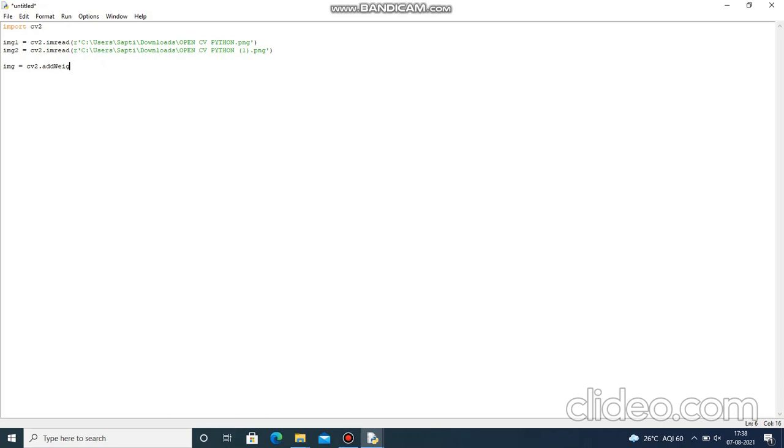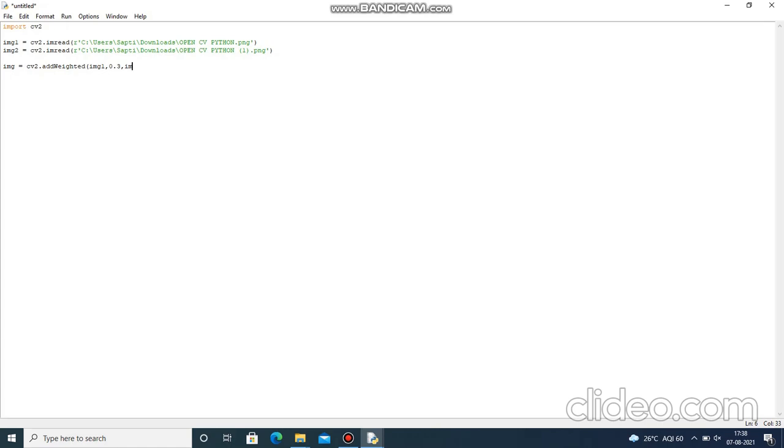addWeighted, and let's give img1 comma the weight that you have to use. The weight of the first input to be applied on the final image. It means the opacity is something that we are going to give.